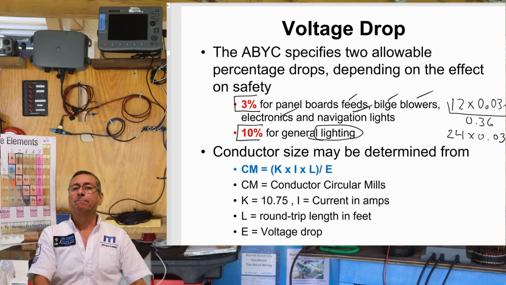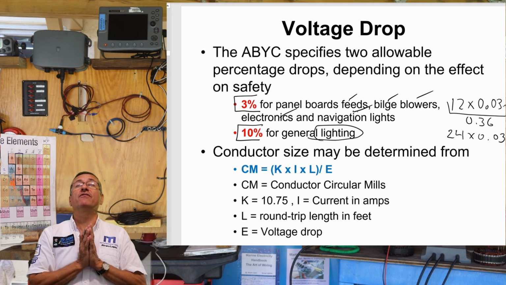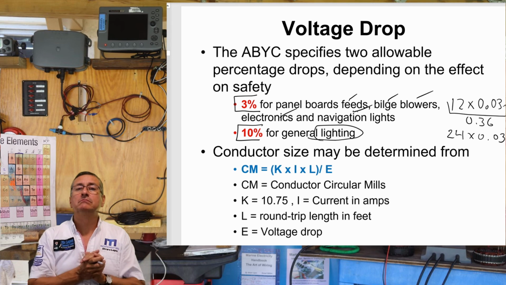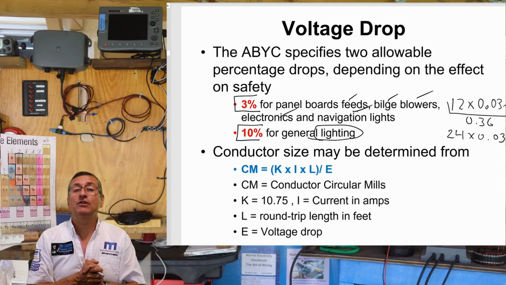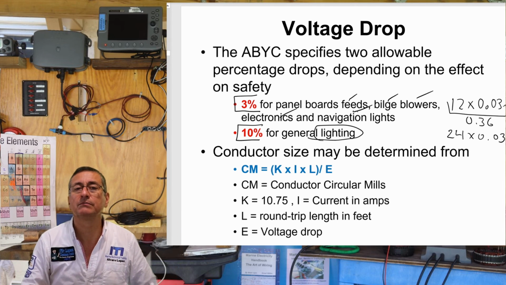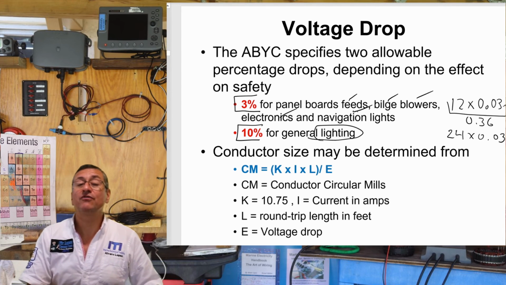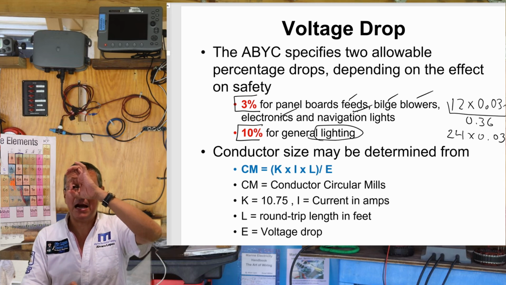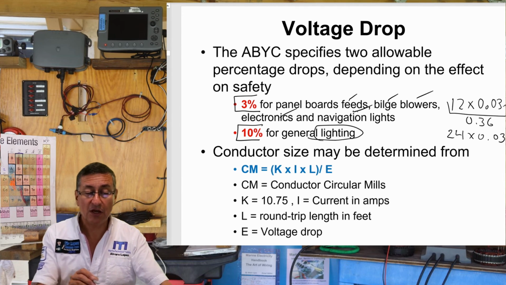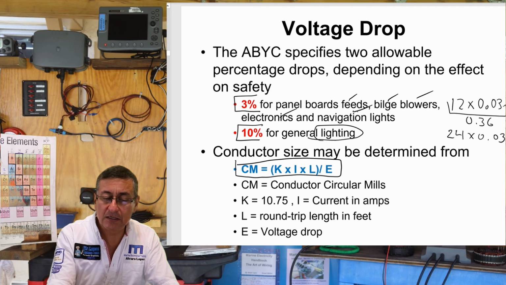Simple. All right. In the future, we are going to use a voltage drop of 10% for lighting, and we are going to use a voltage drop of 3% for the rest of the electrical installations. Ready? Okay. And in the future, in order to calculate the area of the gauge in circular mils, we are going to use this formula. The area in circular mils